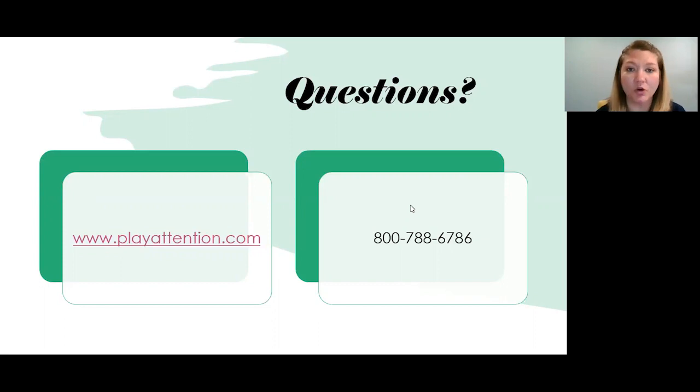But I can provide that if you're interested in computer requirements. Most of you, if you're a professional, you're already having those on your computer because that's how you're using Play Attention. But definitely something that you'll want to make sure that any client you're going to work with, that they have the capability on the computer they have now to run Play Attention. So if any of you are interested in computer specs, we can get those to you. Just type in computer specs. That way it gives you the full information. As you're working with a client, you can find out what their computer is like. Remember, it can be done on a laptop or a desktop, but we can provide that going forward.